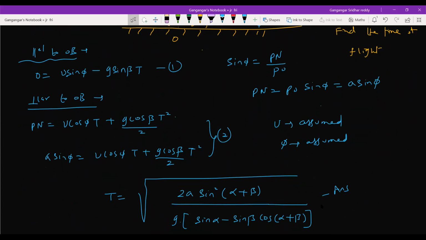Sir, we have a first equation now, sir. G sine beta t is equal to U sine phi. Where did we use this, sir? I'm not getting. Where will you use that? Did we find it just to generalize the equation, or is there any need for finding that equation, sir? V equal to U plus AT formula. Okay, sir. Yes, sir. Thank you.